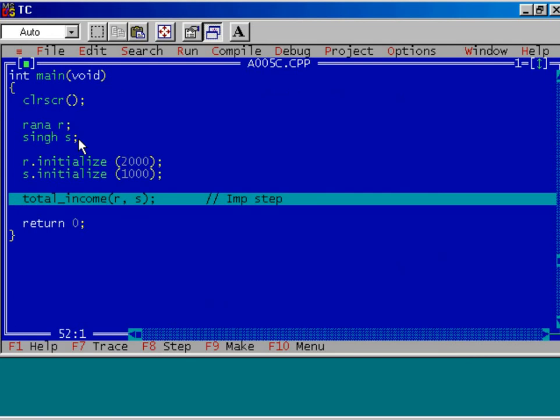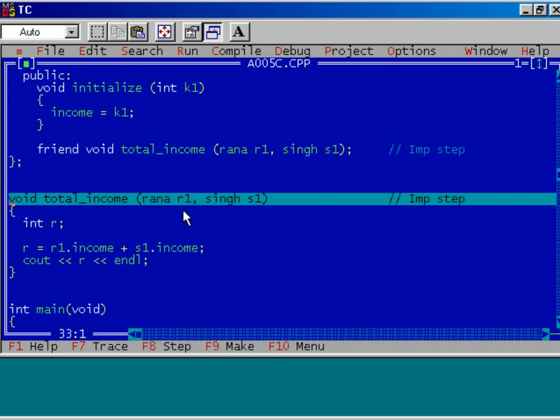Initialize it, and now observe very carefully. I am calling the function total income. We know that total income is an independent function. Neither is it a member function of class Rana, nor is it a member function of class Singh. It's a friend function of both the classes. I am passing the objects R and S through this function.